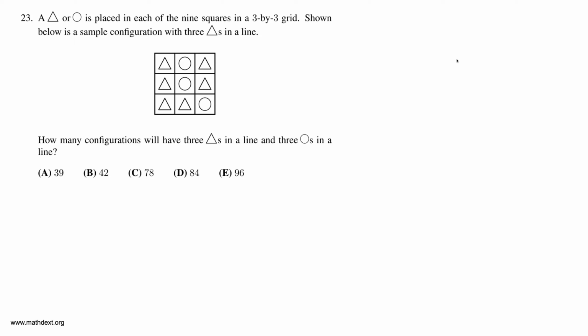Okay, so what we really have here is a tic-tac-toe, except we don't stop after one side gets 3 in a row. So we want to calculate how many configurations will have 3 triangles in a line and 3 circles in a line. And what you have to realize is that you could potentially have a configuration like the one I'm about to draw, where